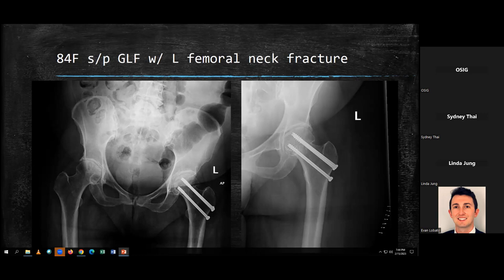Do they take blood thinners? Is this a true fracture from falling, or is this something that's pathologic perhaps? So do they have an underlying cancer that we need to be keeping in the back of our mind? So these are all things that I think about, and we all think about as residents every time we see